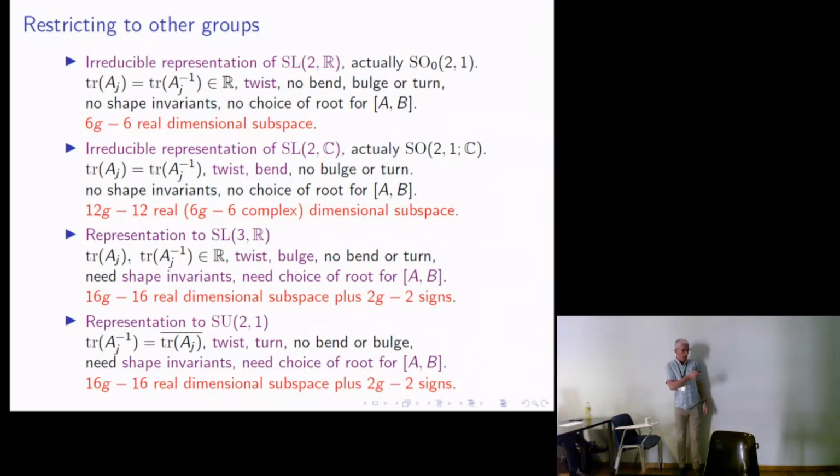As I said before, in this case, that forms a whole component. So if I go to the boundary of the discrete and faithful subspace, I go to the boundary of the whole space. Same here. This is the Hitchin component. Whereas here, we know classically that we can do all sorts of exciting things on the boundary. We can pinch curves. We can also go to geometrically infinite representations. In this case, we can pinch, but conjecturally, that's all we can do. And so this one should have a fractal boundary.